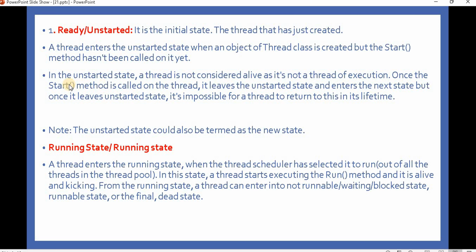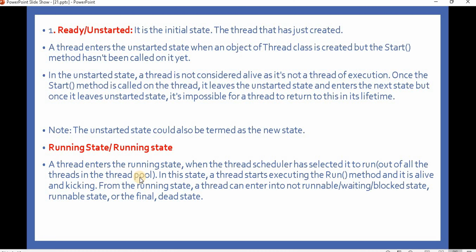Now next, once we call the Start method of the thread, it comes into the running state. A thread enters the running state when the thread scheduler has selected it to run, out of all the threads in the thread pool.